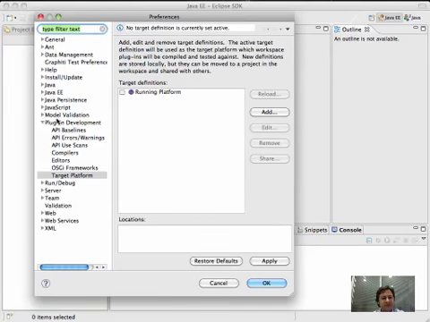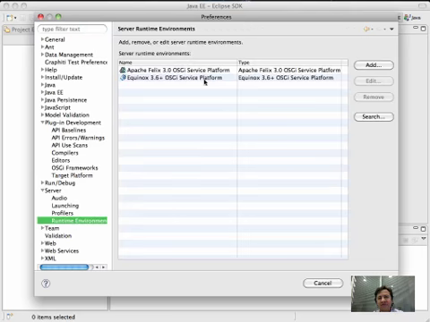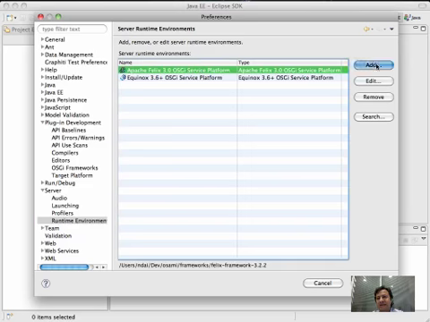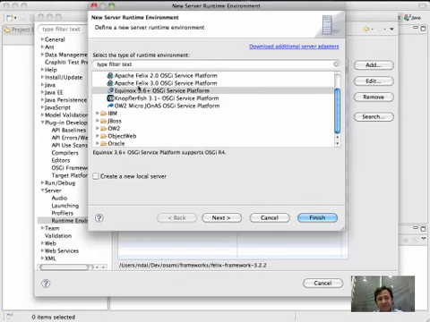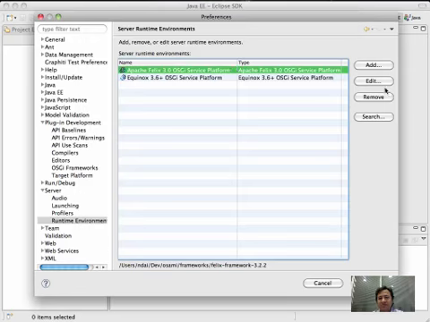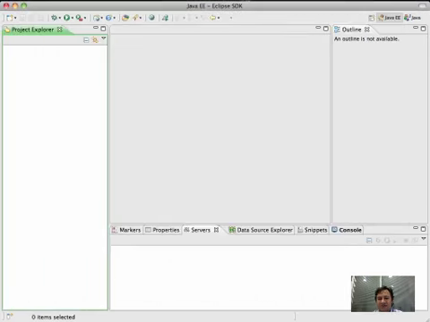One of them is you can go to Window, Preferences, and under here you can click on Server, Runtime Environment, and then you can click Add to add a new one. Okay, and let me remove some of the existing ones here. And the second place where you can do this is in